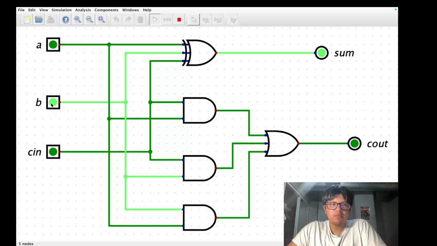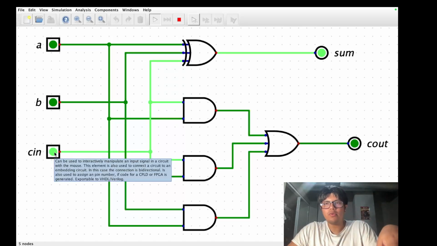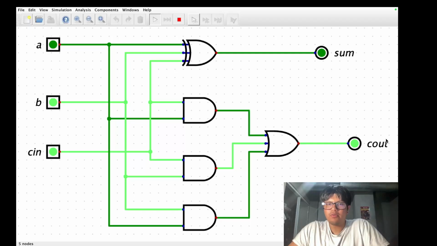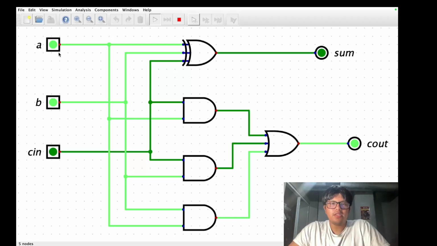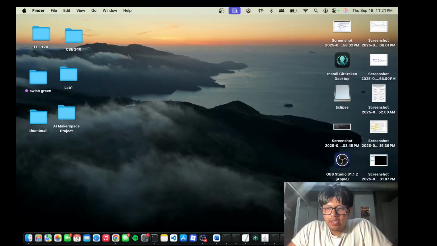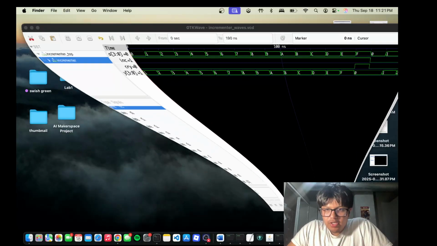Same thing with B. So pretty much if it's individual inputs, if only one of the three is on, the sum output would light up. But if we have at least two, the C out output would light up. And we could see the same thing here. But if we have all of them on, that means that both the sum and the C out are outputted. And if we go back here to the incrementer,